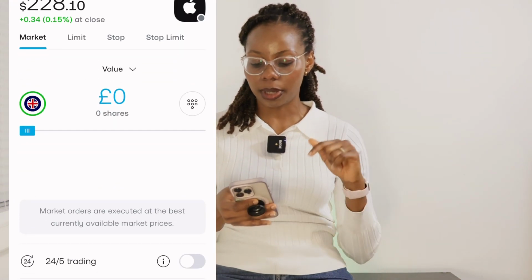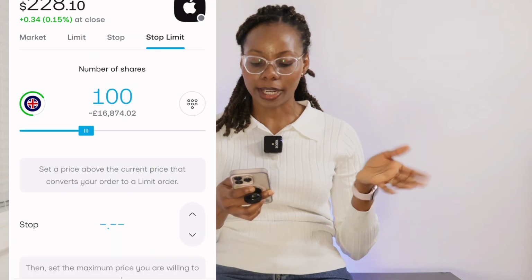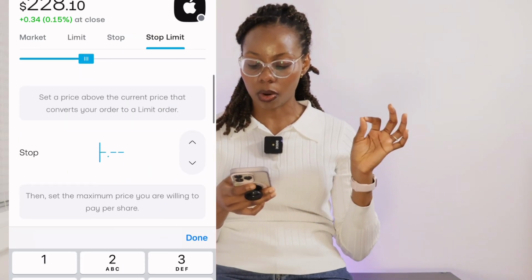So what I need to do is that I'll set, in placing my stop limit order, my trigger price to be 229. However, my limit price will be $230. All I need to do is click on the buy button here, choose the stop limit and choose how many shares I want to buy, which is 100. Then my stop price will be